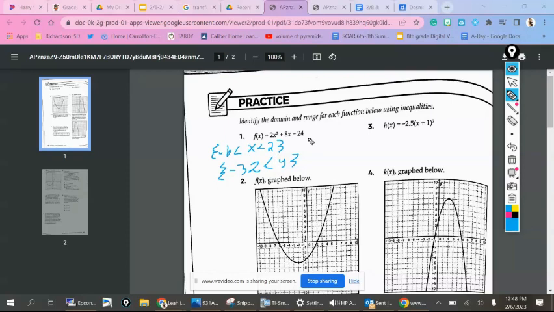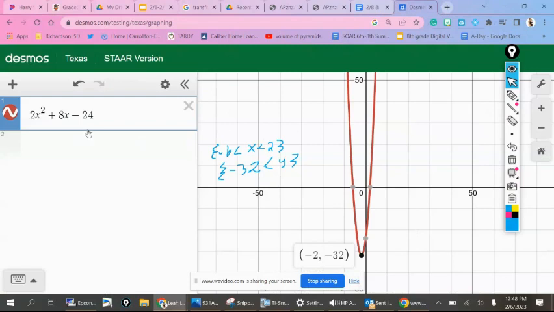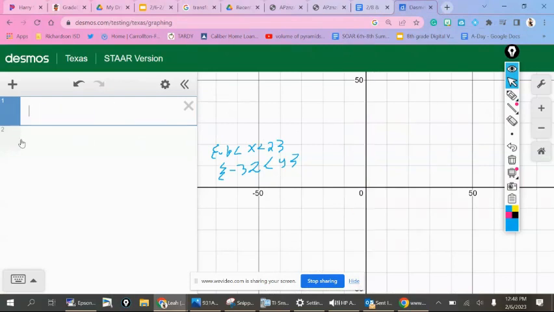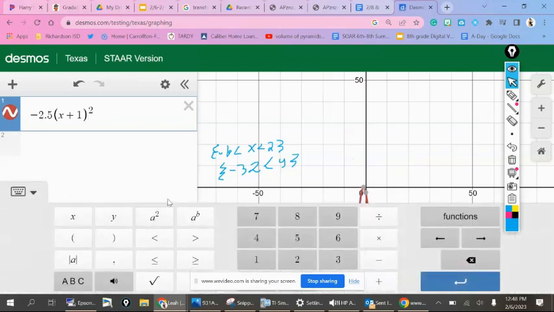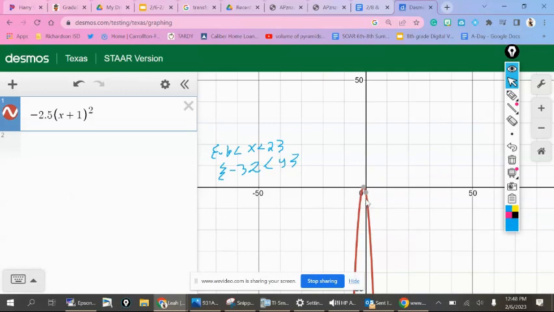The second one, we're going to do the same way. Okay, so I'm going to go back to my Desmos calculator. I'm going to type in what we see for 3, not the second one, the 3, which was -2.5(x + 1), and then I'm going to raise it to the second power. Let's see, it's a little bit opposite. So we know that my domain,